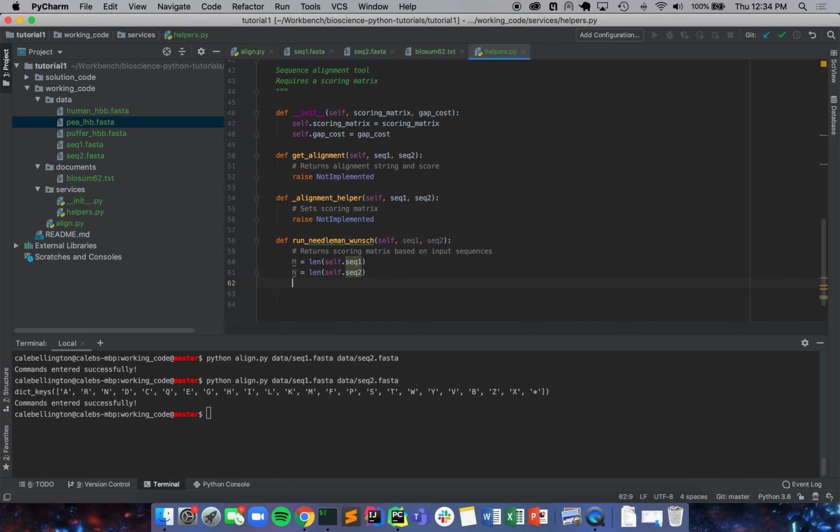And Python's going to yell at you because you're not supposed to use capitals for variable name starts, but we don't care because that's what I want to do for scientific notation. So now we're going to make our problem matrix. So we're going to say our actual alignment matrix equals,